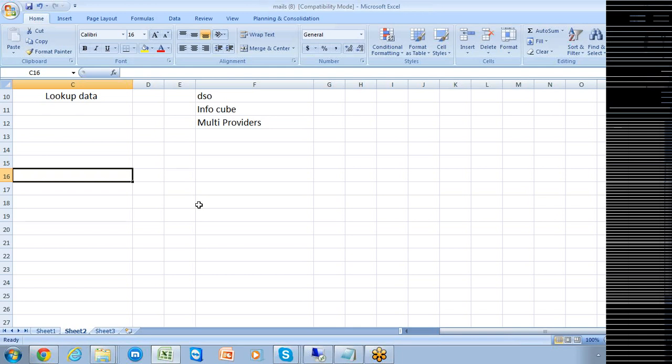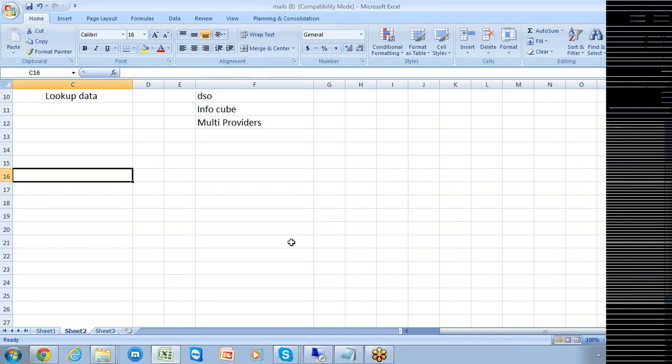Once your master tables are created within your catalog, and once your master data tables are loaded with the data, then only such type of attribute view creation will take place. For creating the attribute view, what is important is that only the structure of the master table should exist, not the data. And one more thing: attribute views can be created on a single table or on multiple tables also.